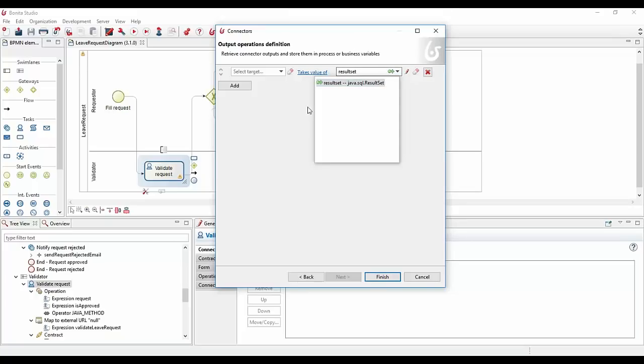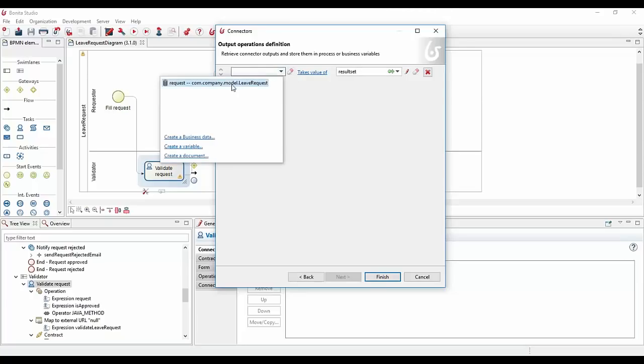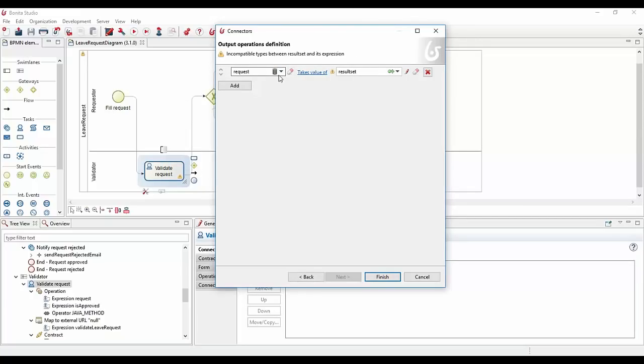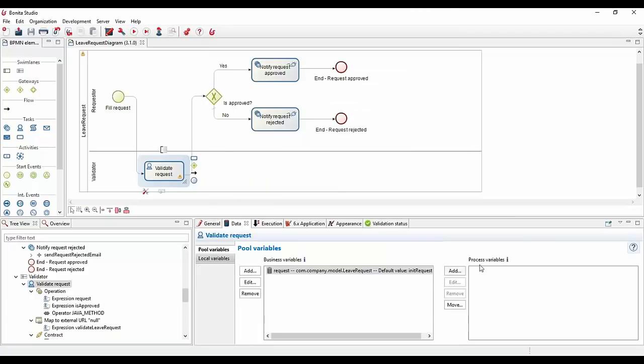Here, because we request the database, the result will be a result set type of element. This can be used in the Groovy to filter, to do whatever, and then you can associate that to the business information of your process. So that could be a business variable. I didn't show you that, but we also have process variables.